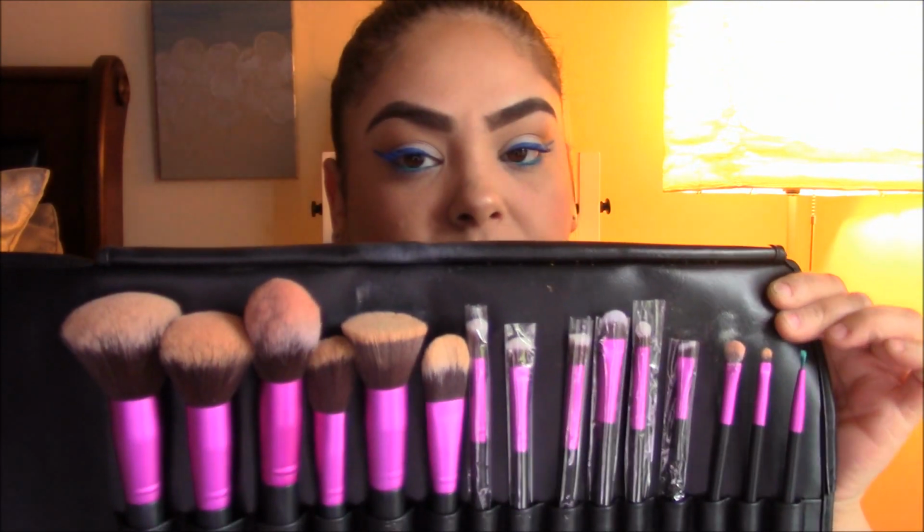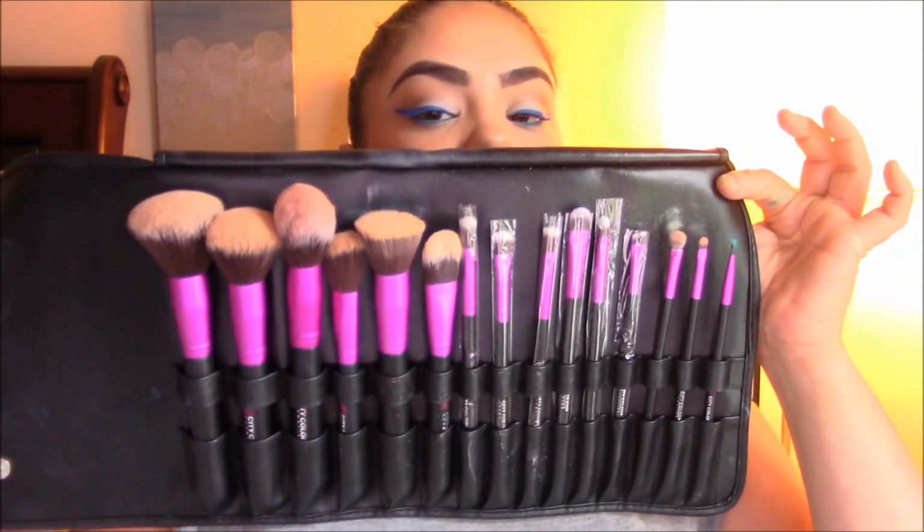Again, I have not seen any shedding whatsoever so far. I think they're very pretty. I think for the price, they definitely get the job done. If you're looking for something very inexpensive, and yet you want to have a range of brushes, this definitely does get the job done. But it wouldn't be my